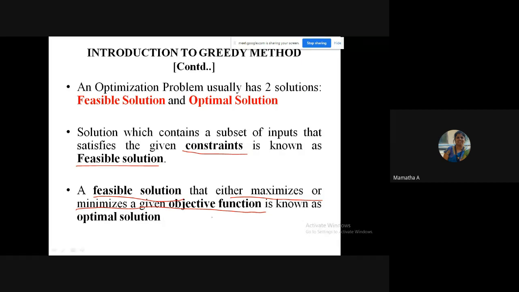Are you understanding? Given any problem, we have many feasible solutions, but there will be one optimal solution, which is one of the feasible solutions, that either maximizes or minimizes a given objective function. Try to understand. With an example, you'll be clearer.